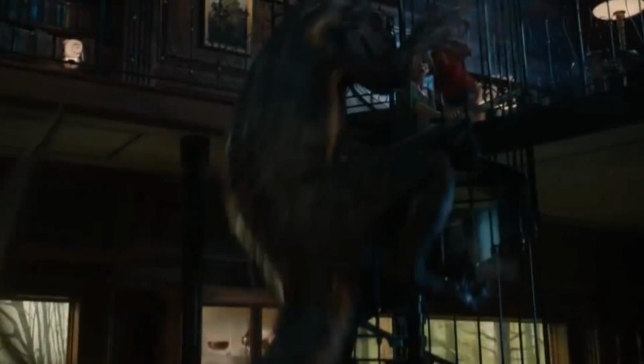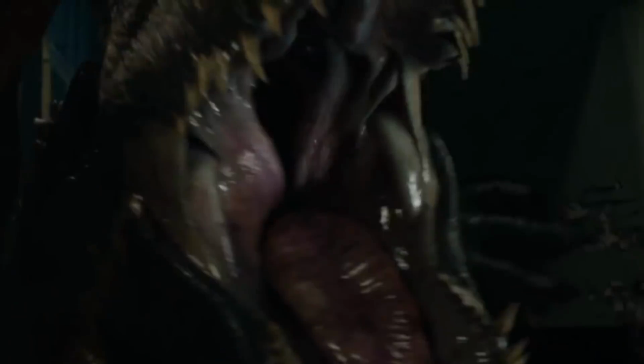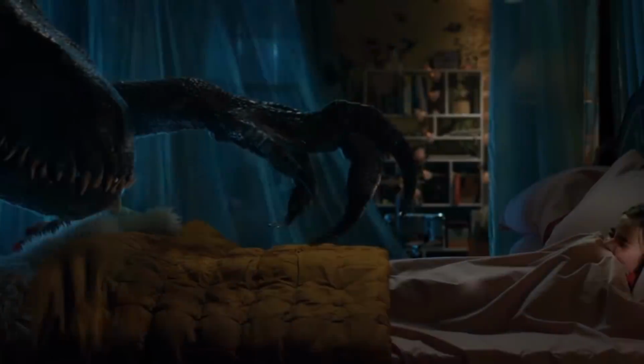Finally, the Indo Raptor leaps forward onto what looks to be a very unsafe staircase where our protagonists are trying to climb. We get the excellent image of Maisie running scared from the Indo Raptor, who's in the process of destroying a door, just before we see the devilish thing contemplate how it's going to sneak into this girl's room. Carefully stretching its hand to open the window and climb in behind the drapes, we're then shown the incredible